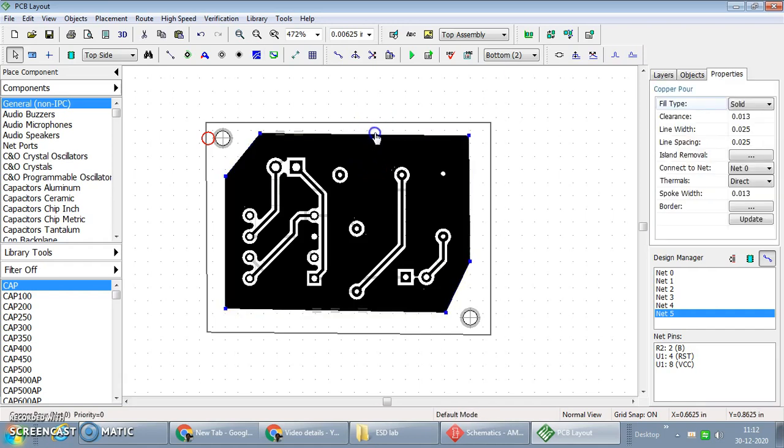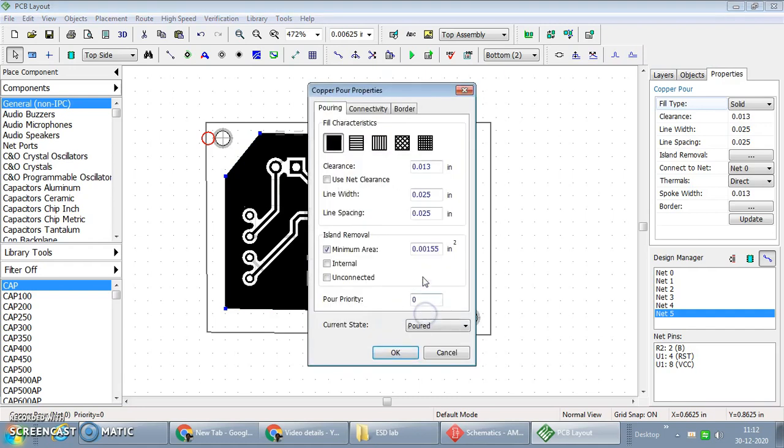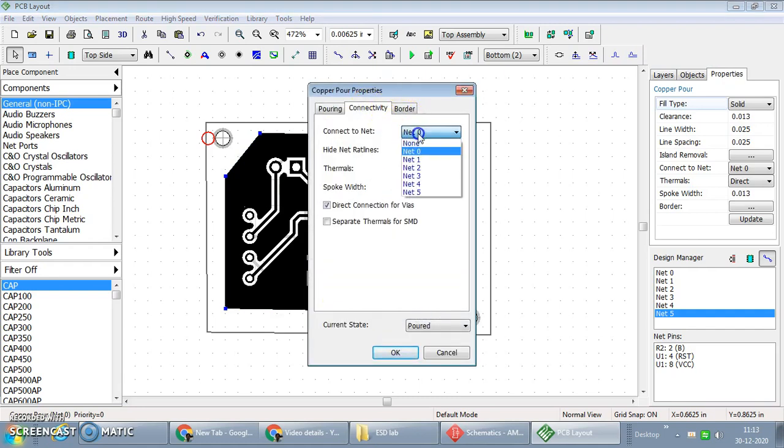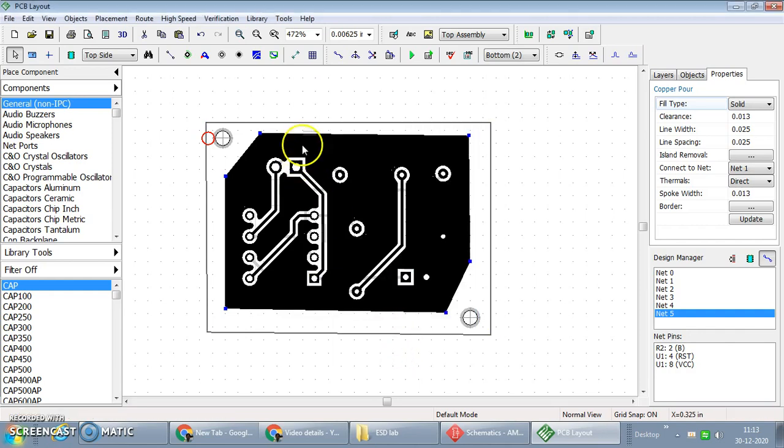Now again we'll change properties, connectivity, which nets. After net 0, let us go with net 1, it is to be poured.